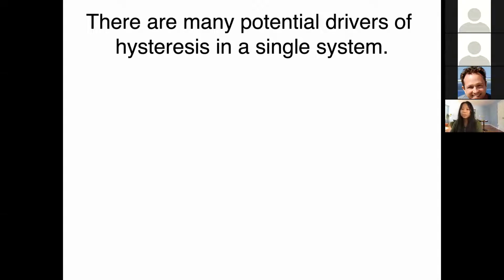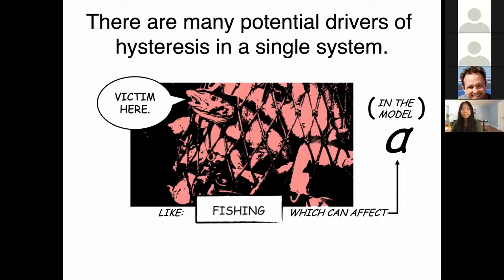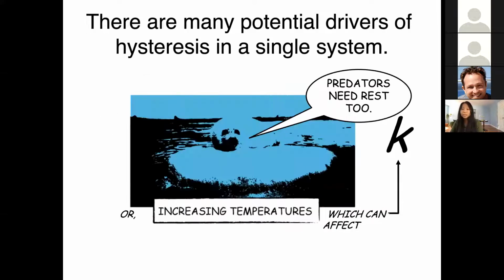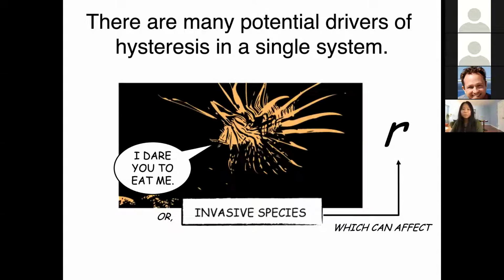So for example, assuming we are thinking about a marine system, there are increasing pressures like fishing, which can be reflected in the predator attack rate of our equations. But climate change is happening as well, and increasing temperatures might be influencing the carrying capacity of predators simultaneously. At the same time, we're living in an increasingly polluted world, and pollution can be affecting predator health and consequently satiation or conversion rates in our simple model. Pressures of introduced species can compete with prey and influence growth rates.